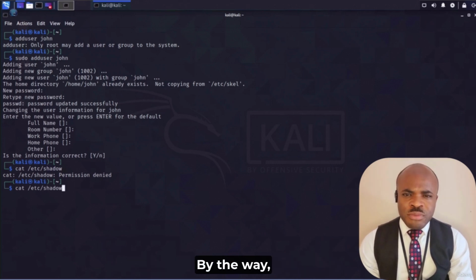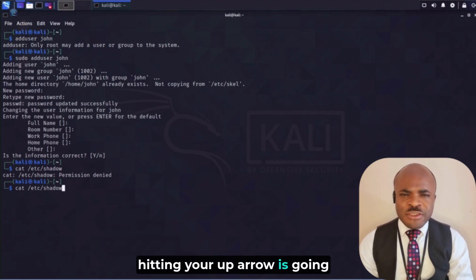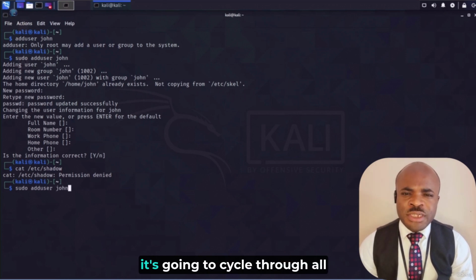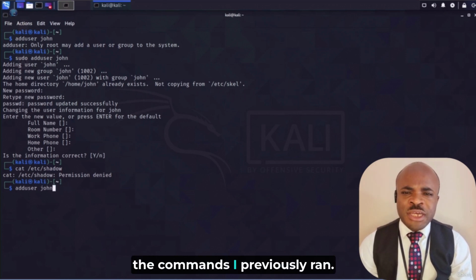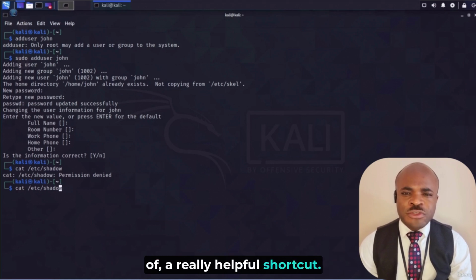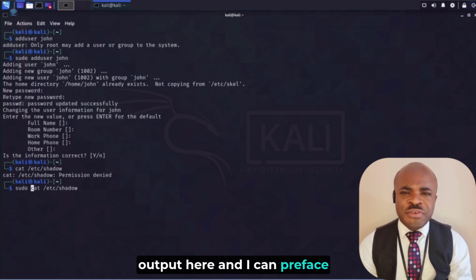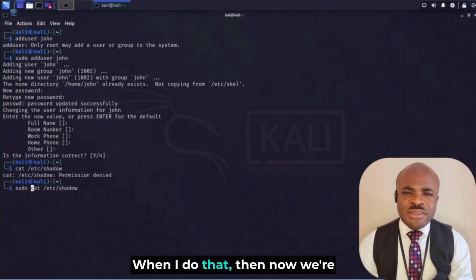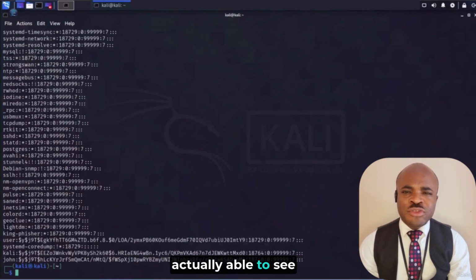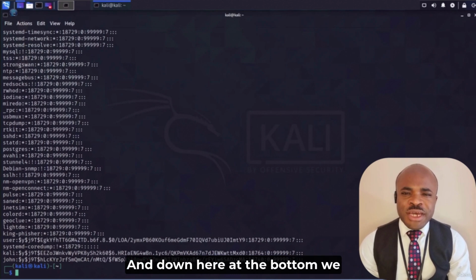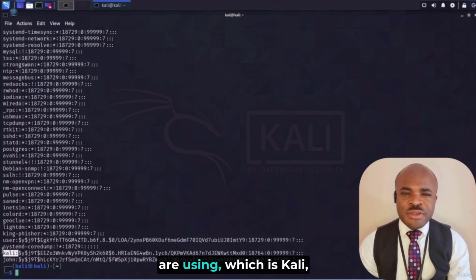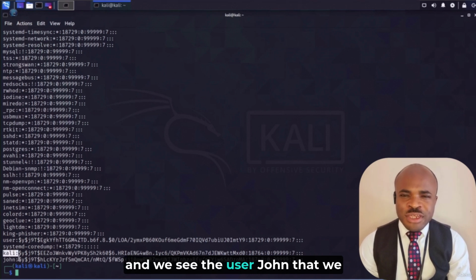If we arrow up, by the way, hitting your up arrow is going to let you cycle through your previous commands. You can see that if I arrow up, it's going to cycle through all the commands I previously ran. So that's a shortcut to be aware of, a really helpful shortcut. I can arrow up, I can go to the beginning of the output here, and I can preface that with a sudo. When I do that, now we're actually able to see that shadow file. And down here at the bottom, we're going to see our users. We see the current user that we are using, which is Kali,